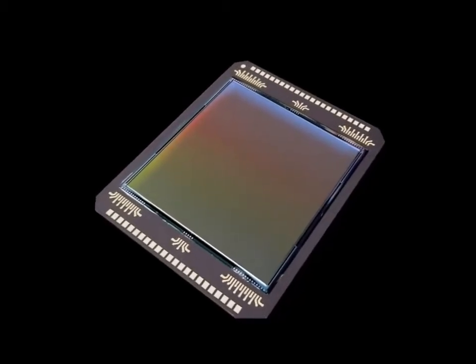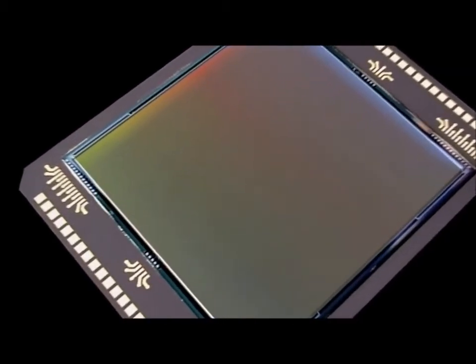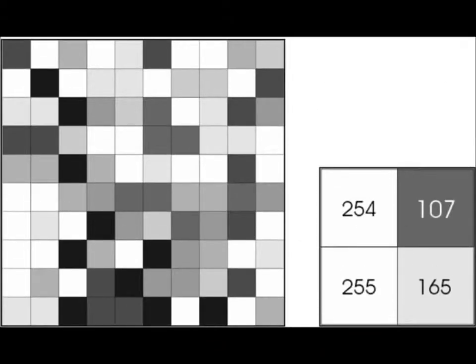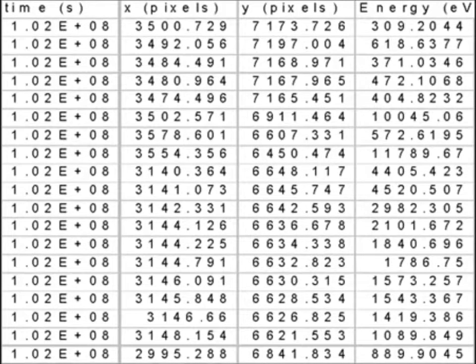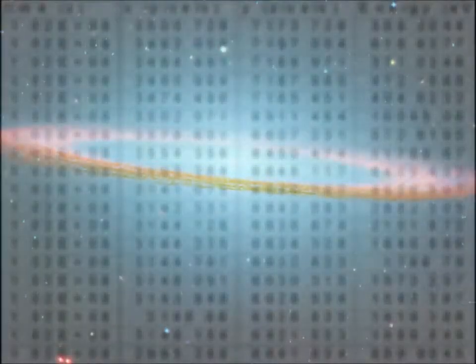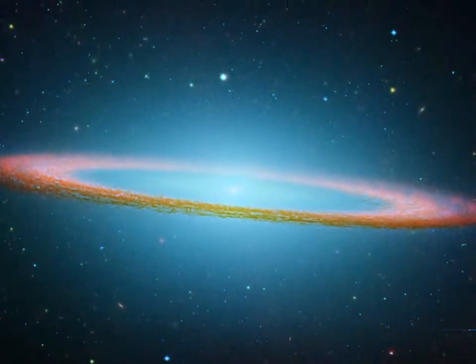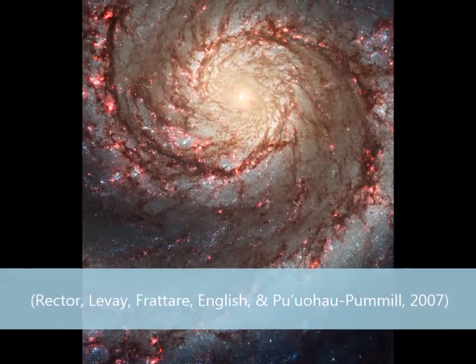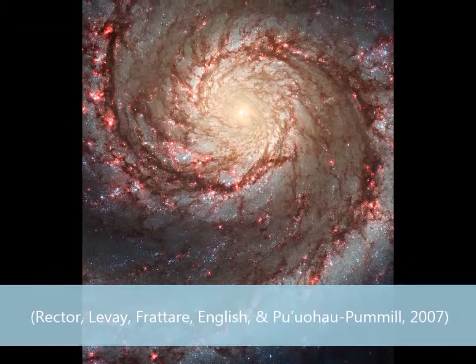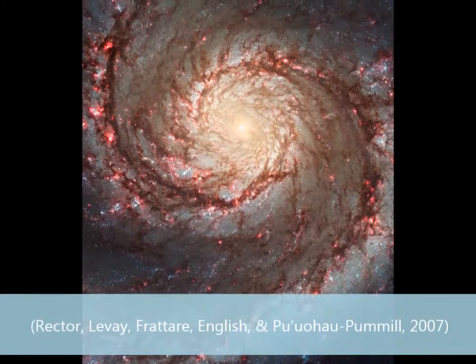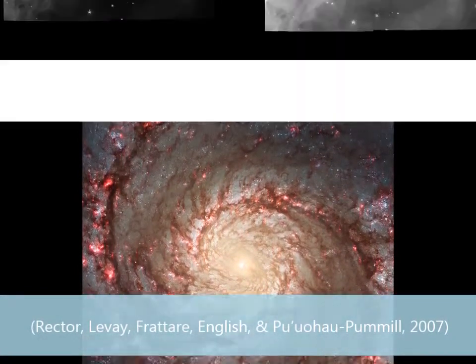CCDs capture light intensity and assign each pixel a light intensity value. Since this is all the CCDs do, the image obviously must come out as grayscale. So the question is, how do we get from raw data like this to the pretty pictures we are so used to seeing? Rector, Levay, Frattare, English, and Pu'uohau-Pummill tell us that generating a color image can be distilled